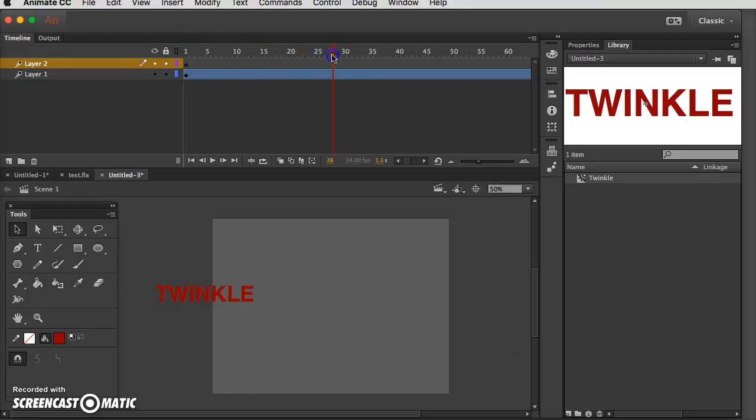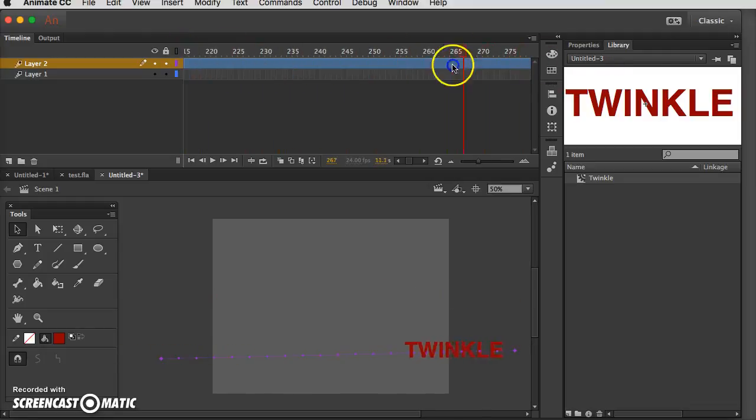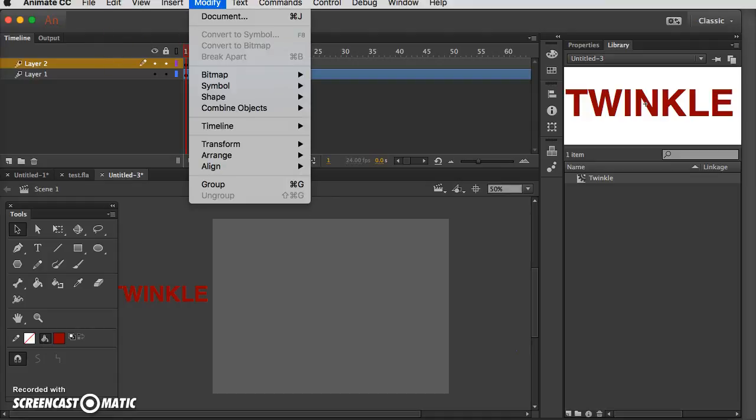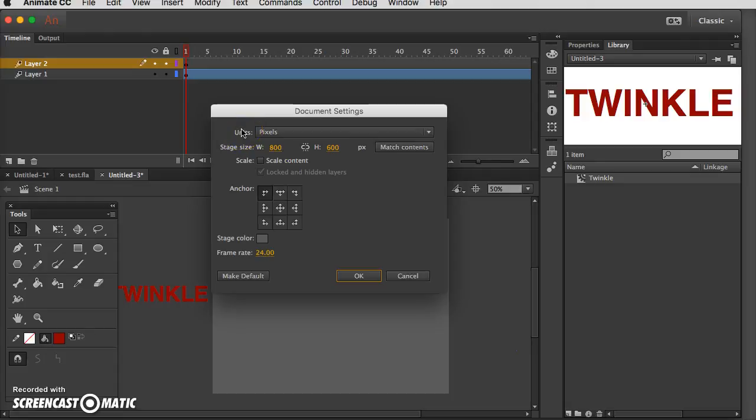I have a movie clip called Twinkle, and I have it animating from left to right in two spots. Okay, you can look at the details in the step by step. One is from frame 100 to 200. The other one is frame 100 to 300. The only thing I want to point out is this modified document, and this is going to be